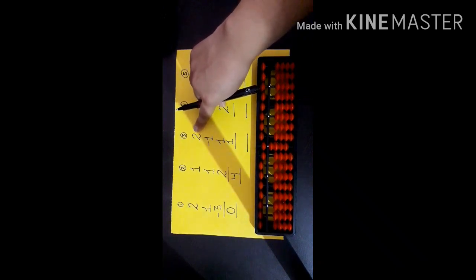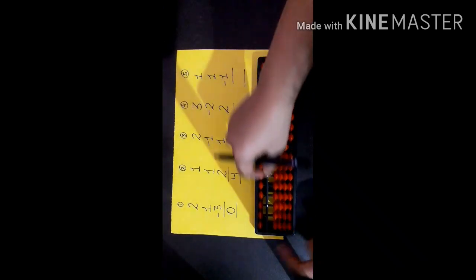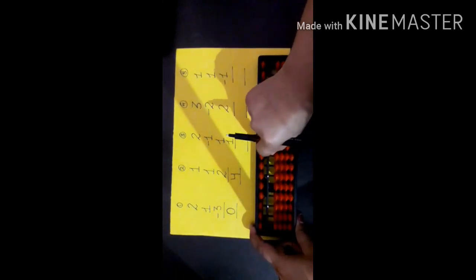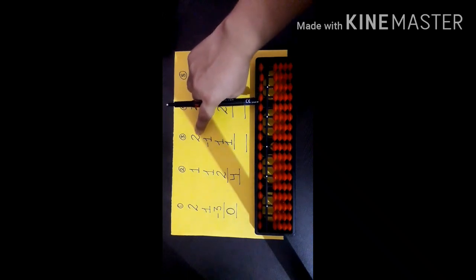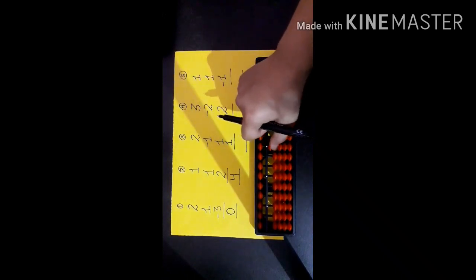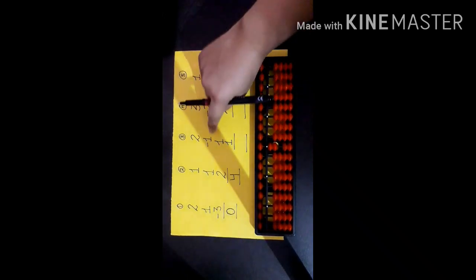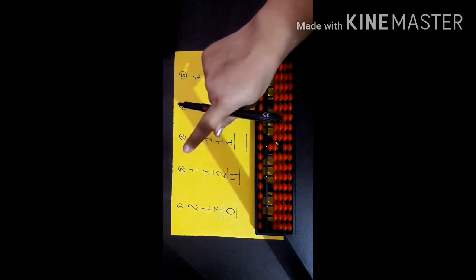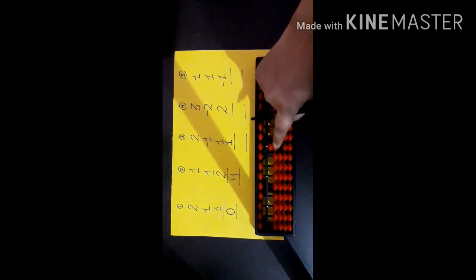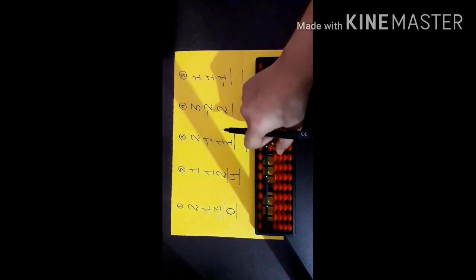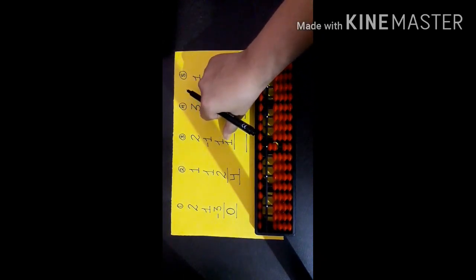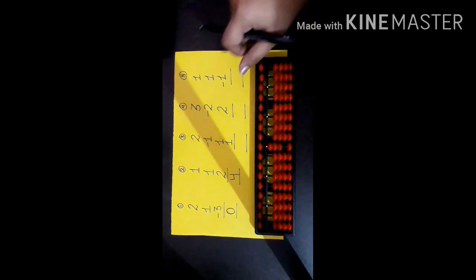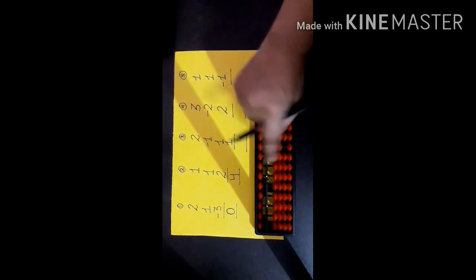Now in the next question, we have to add 2. But before doing the next question, set your abacus. Now you have to add 2. 1, 2. Then you have to minus 1. Minus means down with your index finger. 1. Then again you have to add 1. Then again add 1. Now what is the answer? The answer is 1, 2, 3.